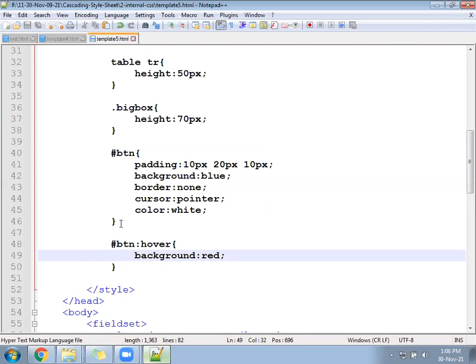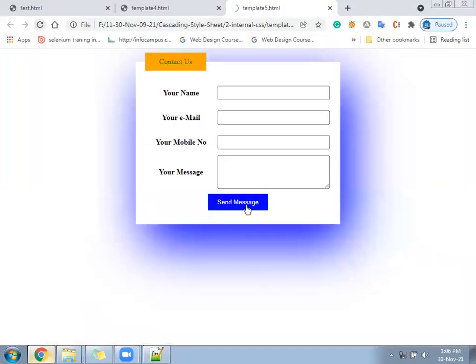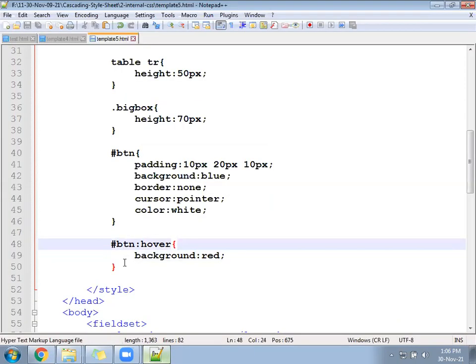Mouse touches the button, the button color should convert into red color. This is called hover.